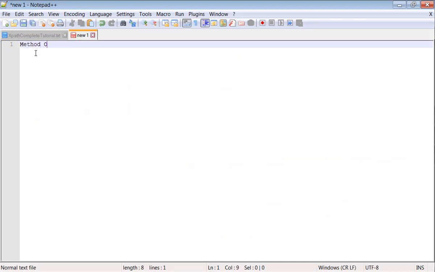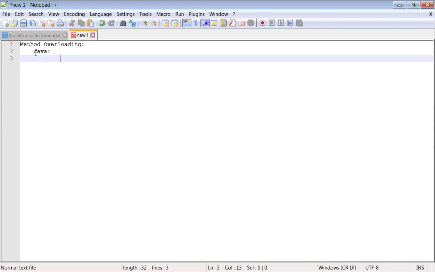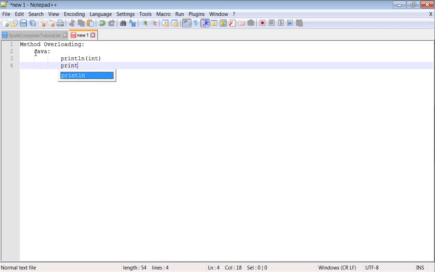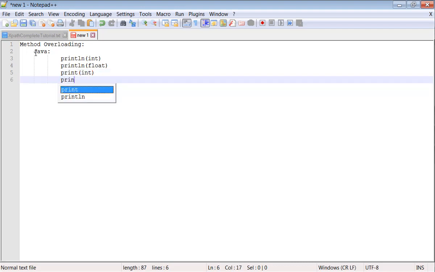Let me write down a summary. When I talk about method overloading, a good example in Java is System.out.println, which takes int, which takes float. A lot of examples are there. Print again, one more example, print int, print float.